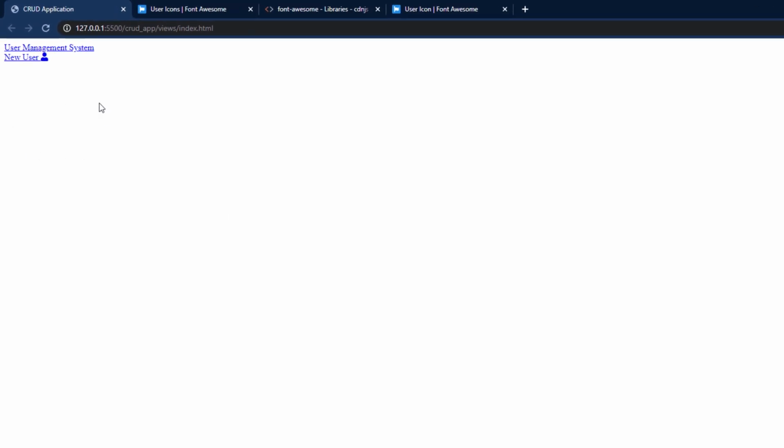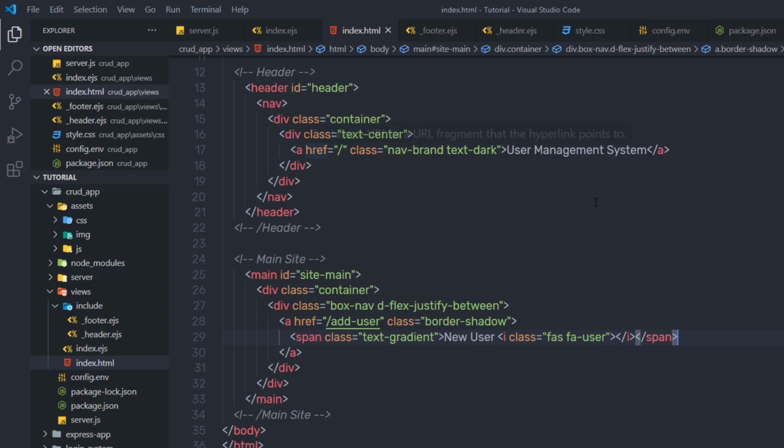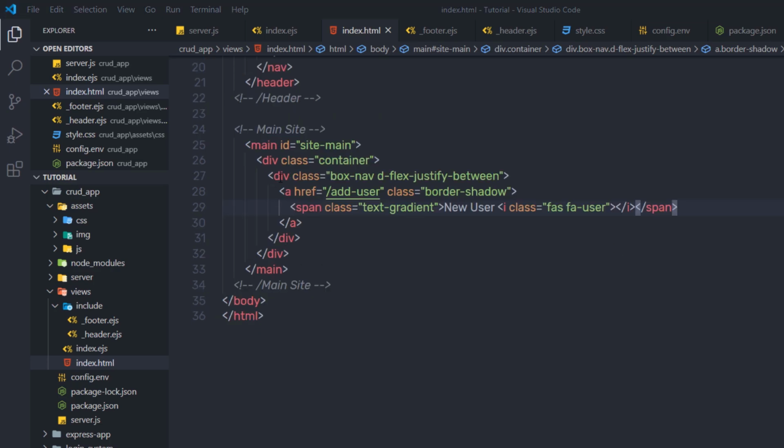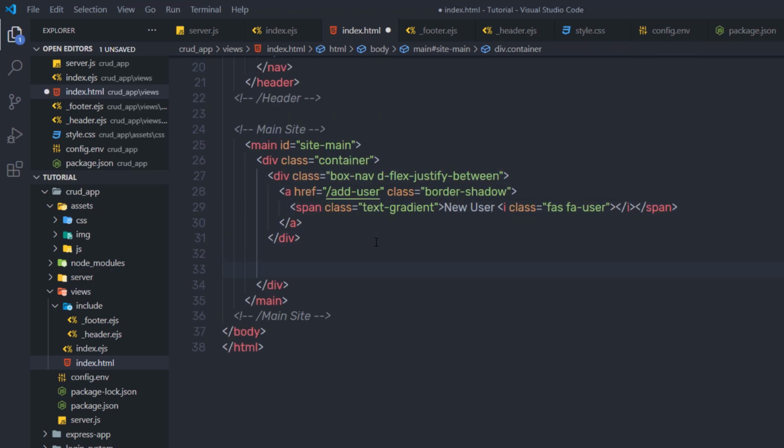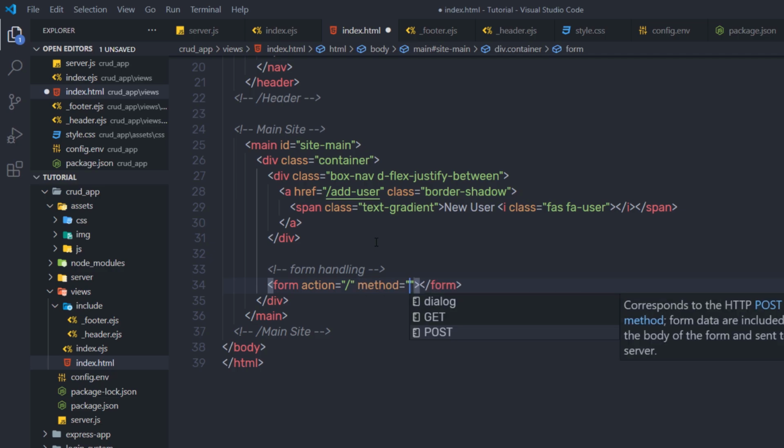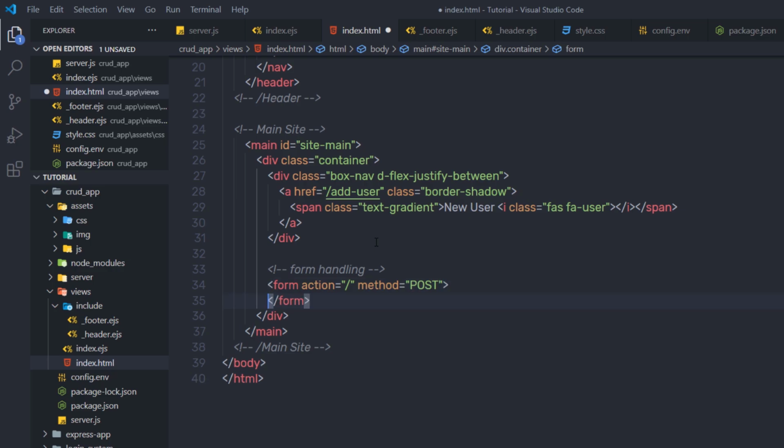So once you understand how to add these icons inside your project, let me just go back to my project, and just below this division tag right down here, I'm going to create a simple HTML comment and say form handling. And here I'm going to say form. I'm going to create an HTML form and specify the root route to this form. So when we click on this form, I want to redirect the user to the root route. Just after that, don't forget to specify method, which is post, and inside this form I'm going to create